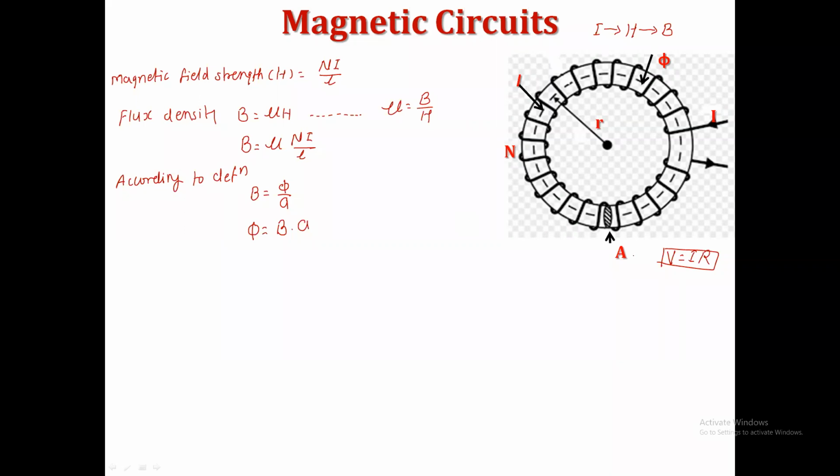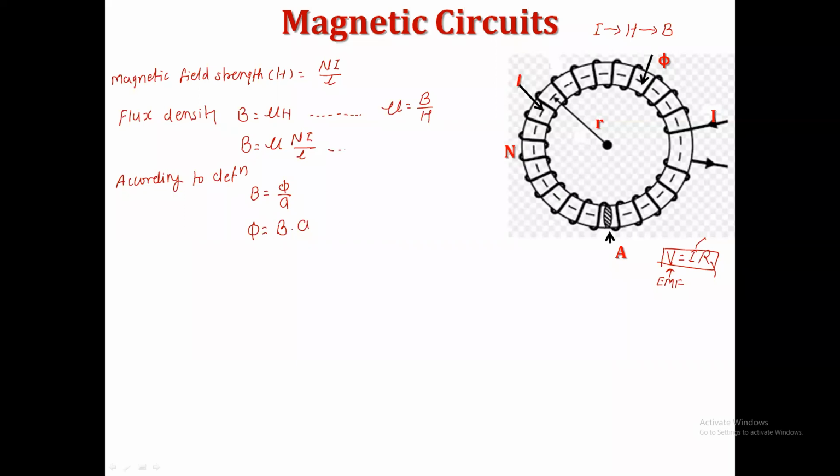Get it, my point. आता जर तुम्ही इथं बघितलं, हे V म्हणजे काय? EMF, इलेक्ट्रोमोटिव्ह फोर्स. I, it's the current. R is the opposition. With the same way, I'm trying to write that Ohm's law in the magnetic circuit. आता ते कसं लिहायचं बघा, की त्याच्यासाठी मी पहिल्यांदा मॅग्नेटिक फील्ड स्ट्रेंथ H चा फॉर्म्युला लिहिलाय NI/L. As we know that the flux density is equal to mu into H, मग त्याच्यामध्ये H ची व्हॅल्यू पुट केली. According to the definition of a flux density, B is equal to phi upon A. Phi is equal to B into A.